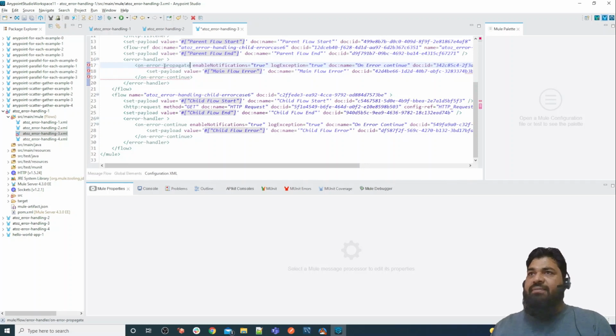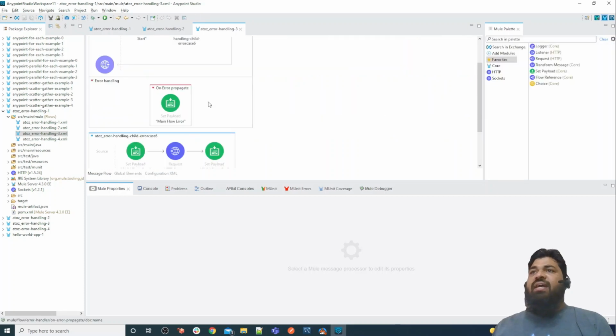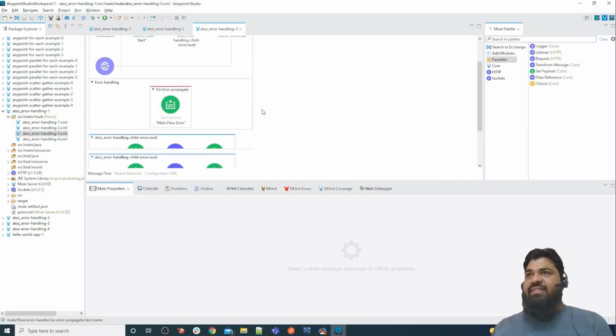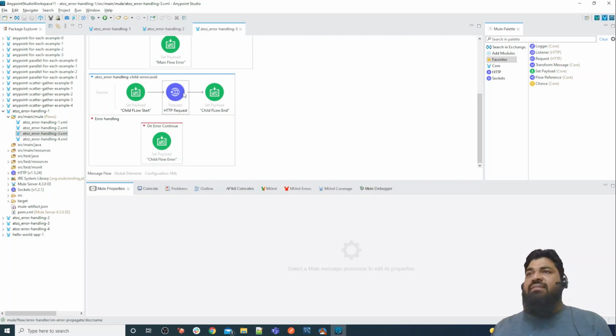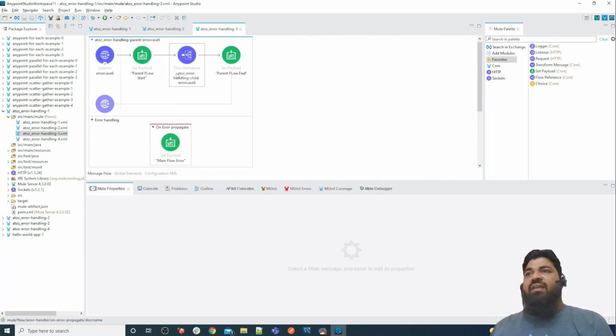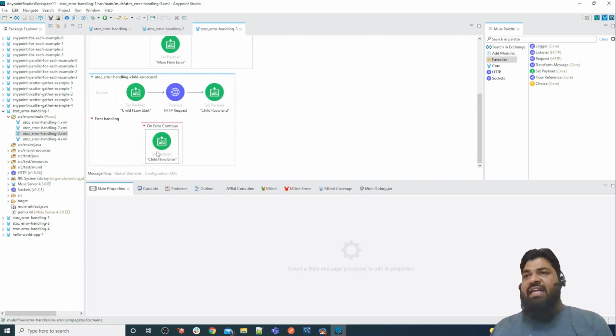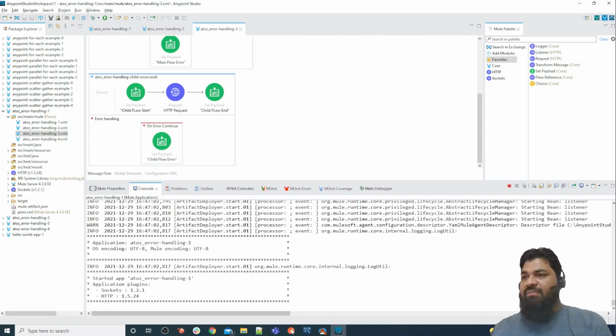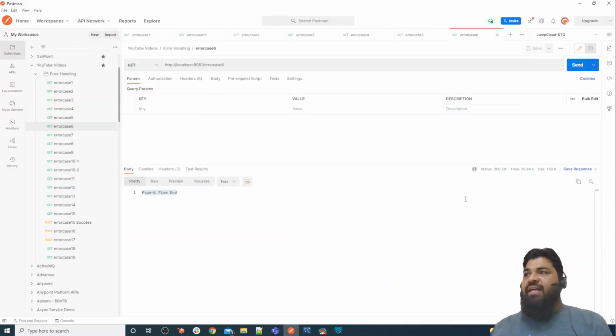Yes, so I have changed error case 6. As you can see, in the child flow we have continue, but in the parent flow we have propagate. So when the error is thrown here, it will be caught here, and the child flow does not rethrow the error to the parent. Then what will happen? Will the status change? Let me check whether my application is deployed. Yes, deployed. As you can see, we are getting a 200 and parent flow end.